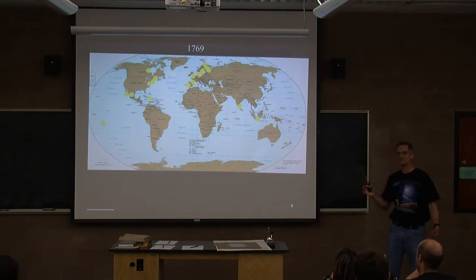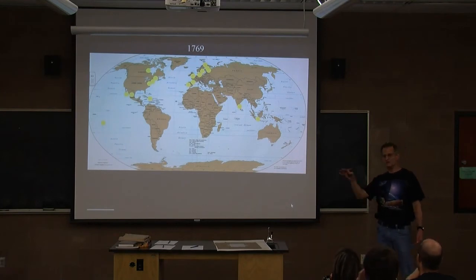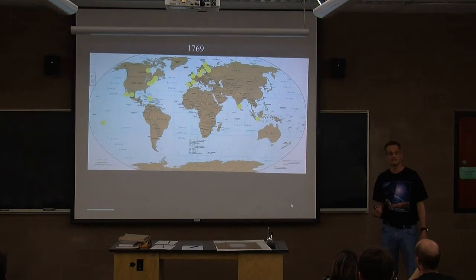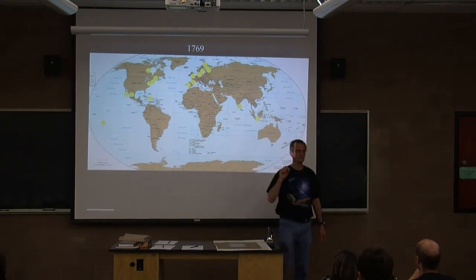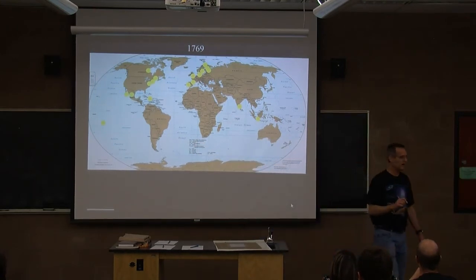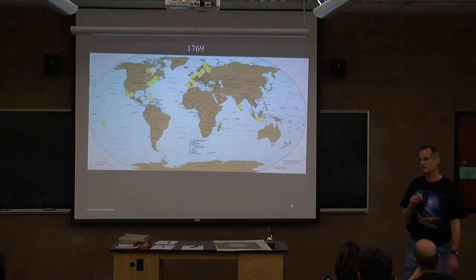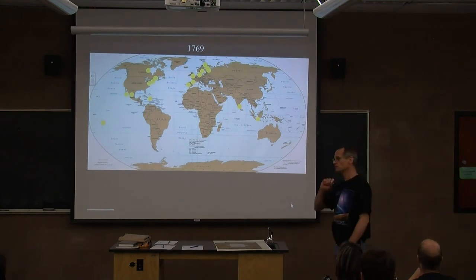So this is 1769. You don't just jet off somewhere across the world, set up your experiment, do it, and then jet back home, right? They got on ships and they made voyages that lasted years. It was also very dangerous to travel back then. The one I want to tell you about in particular is in Baja. There was a group from France that went to the southern tip of Baja, California, and they made observations of the Venus transit in near perfect conditions, gathered great data.